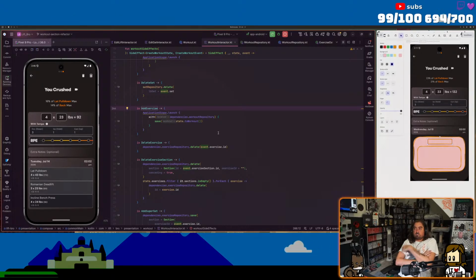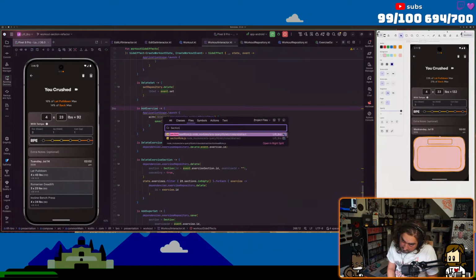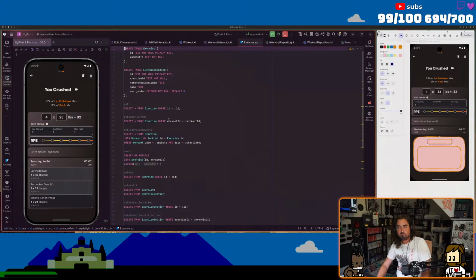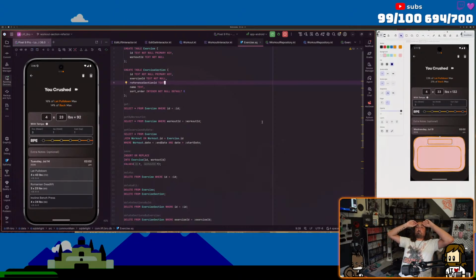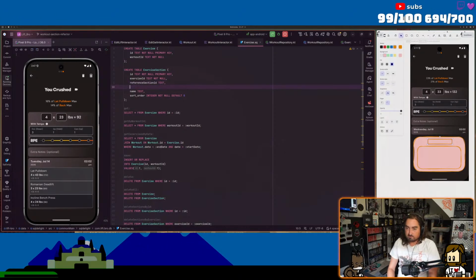A section could have a reference section. What I'm thinking about doing is doing a primary